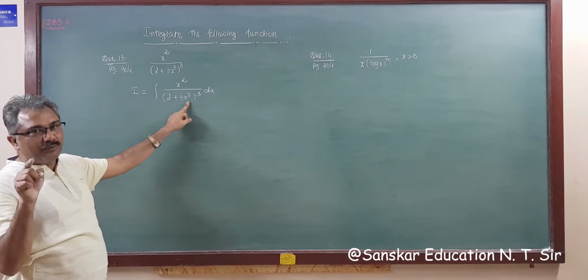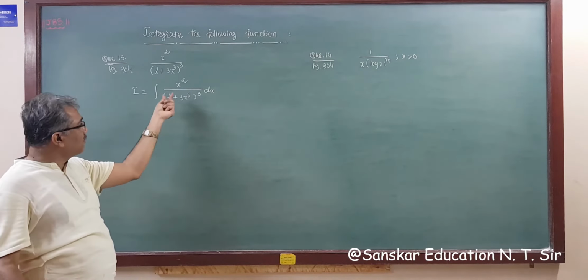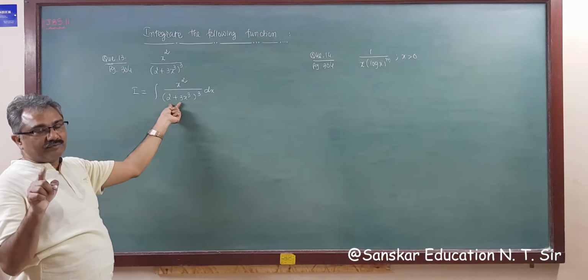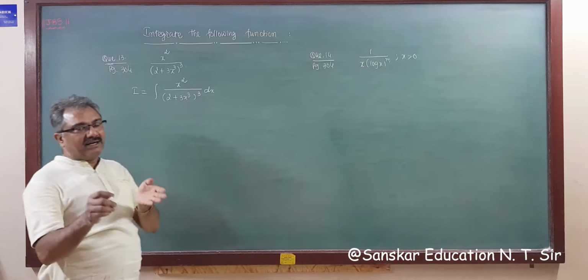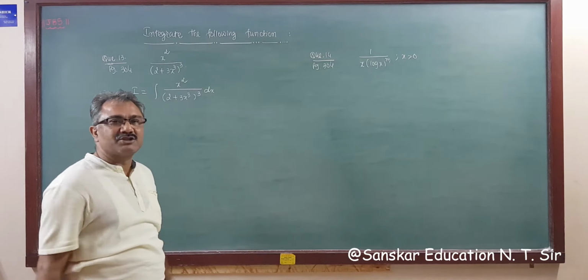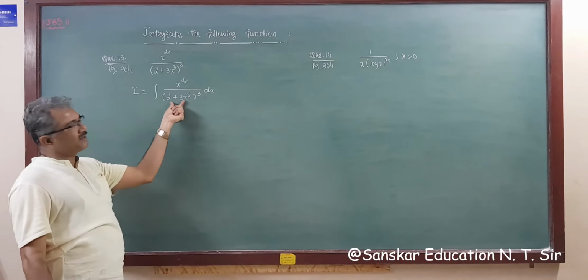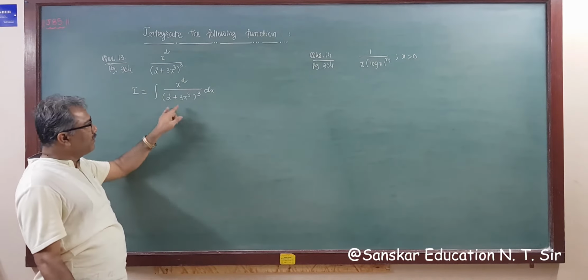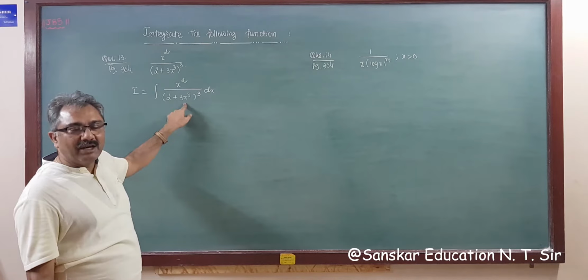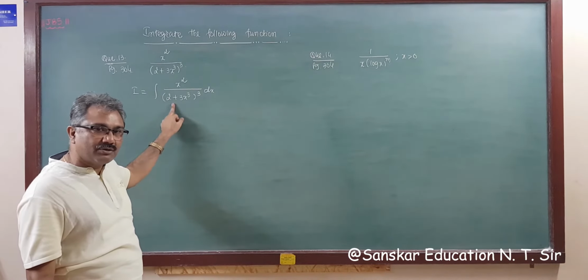Is x square in the numerator? Yes. Then assume for this, not just the variable but with the constant also. I have told you that with the variable, the constant also should be assumed, because the derivative of a constant is 0, so you will not have any problem in simplification. So you have to assume for variable and constant both, because this is in plus and the derivative of this constant is 0.